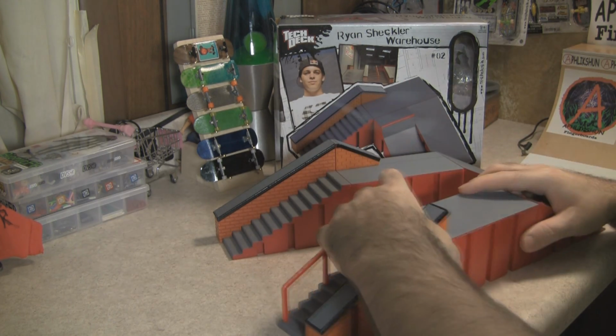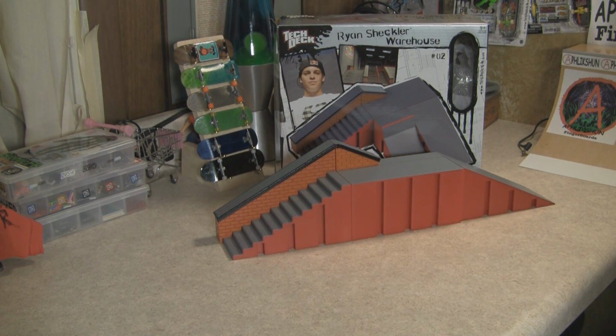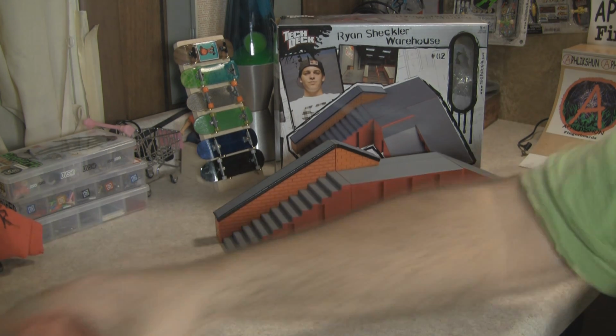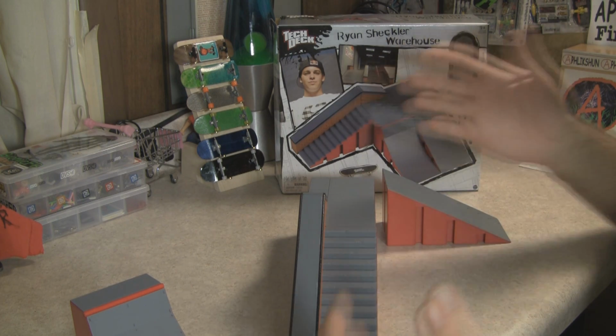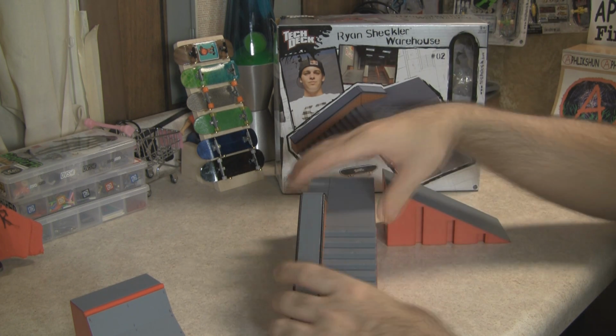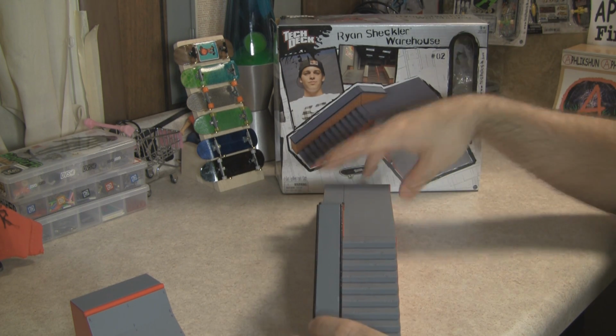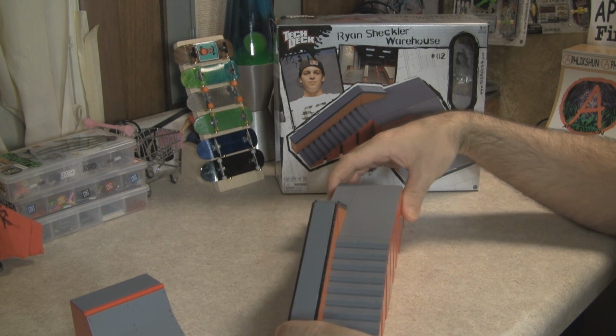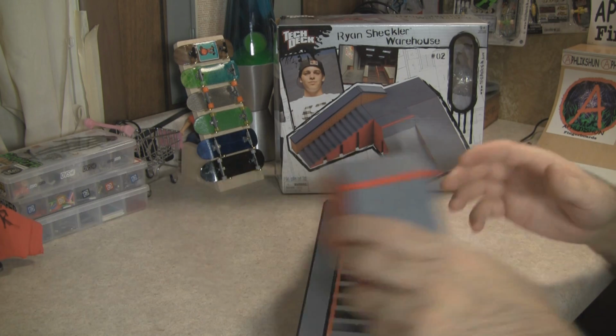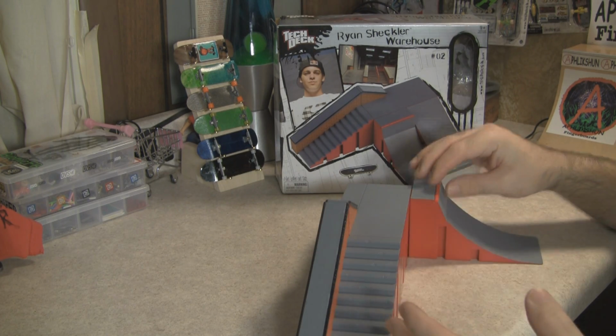So you have an entire Hubba if you buy set number 1 and 2, and you have 2 quarter pipes. That's something to keep in mind if you only have enough money for a couple. Number 1 and 2 build the entire Hubba. Again, just like number 1, this one's kind of skinny, which all of them are really, except for number 4, I think. But overall, I think this one is more fun than number 1 on its own, just because I like the up and down